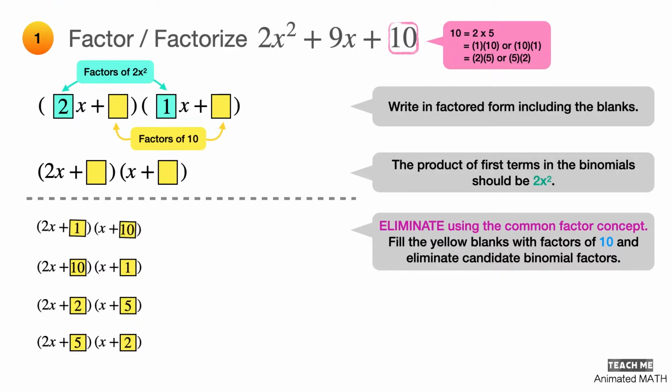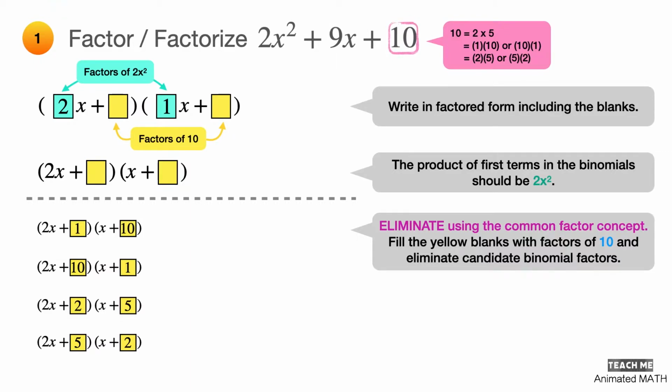Now, this is where things become interesting. Instead of going straight to the trial and error method, we can be a little bit lazy and eliminate some of the candidate factors using the concept of common factors. First things first, look at the quadratic trinomial and observe that its terms do not have a common integer factor aside from 1. This means that the binomial factors we are looking for cannot have a common integer factor aside